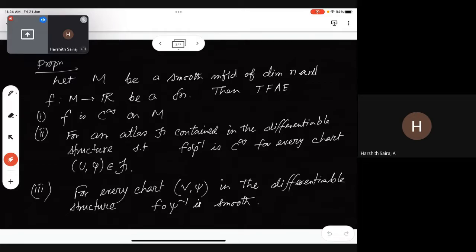So everything is compatible. Whatever open set you choose from there, and the maps which give you charts, those are always compatible. So the definition of smoothness is dependent on the differentiable structure. It might not be dependent on the charts in the differentiable structure, but it depends on the differentiable structure. So this incompatibility part is not there in the definition of a smooth function,